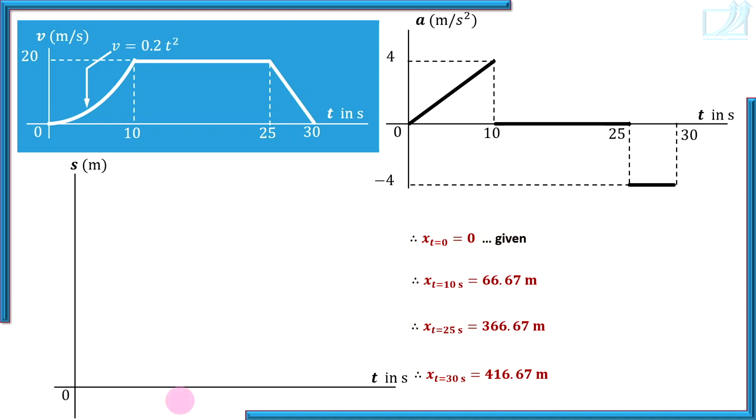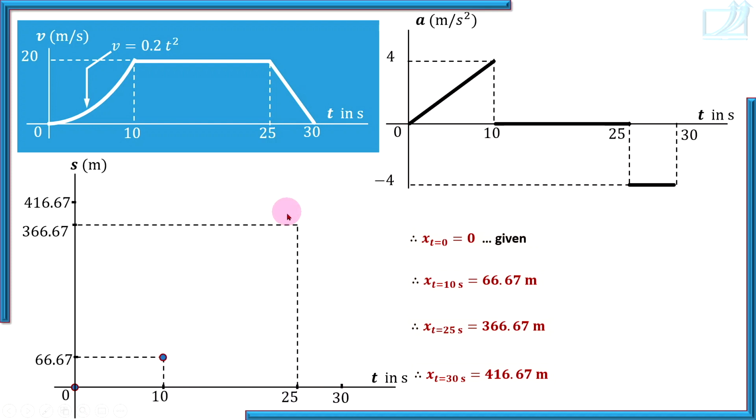Now insert instants 0, 10, 25 and 30, and now highest value first, 416.67, and with reference to that we will mark all other values. 366.67, this is 66.67, and plot those points. At t equal to 0 displacement is 0 or x is 0. At t equal to 10 x is 66.67. At t equal to 25 x is 366.67. And at t equal to 30 x is